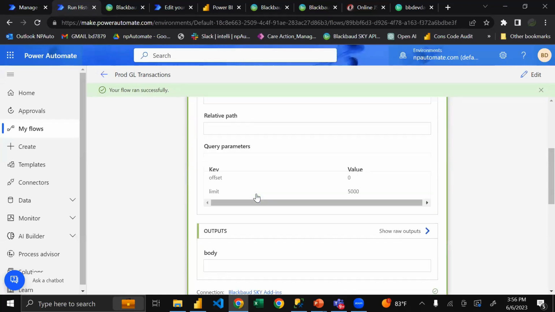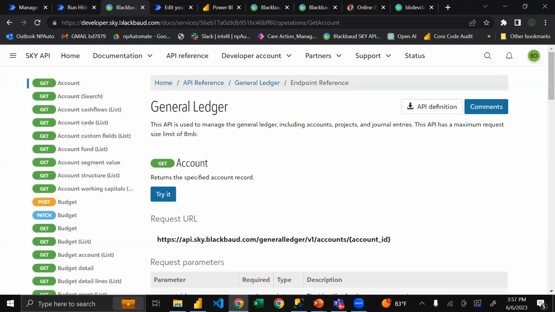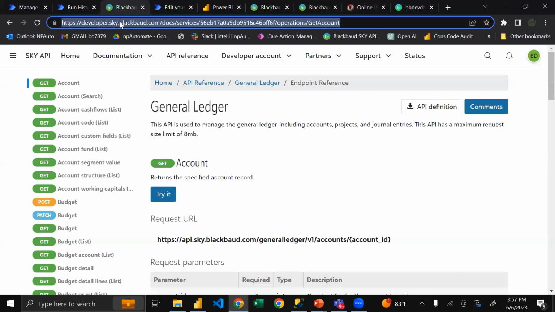But what I want to do in this case is get my results. Now, I've only got 374 transactions. I've got a very small database. So it may just be like select all, Control A. But if you have a lot of data, you'll have a little button you'll click and it'll pull up another page for you. I absolutely recommend using a